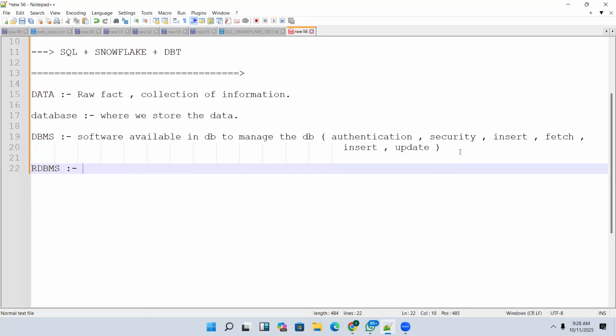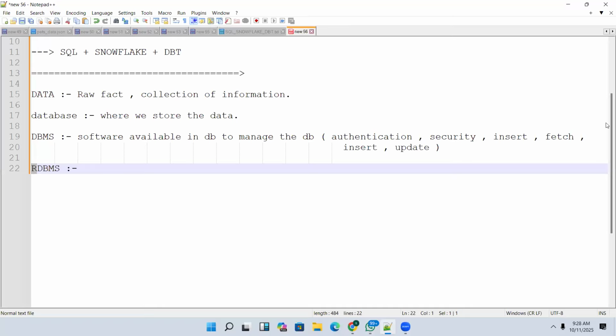Exactly. See, the full form of DBMS is Database Management System. Here, one more letter is added. The full form of RDBMS is relational database management system.